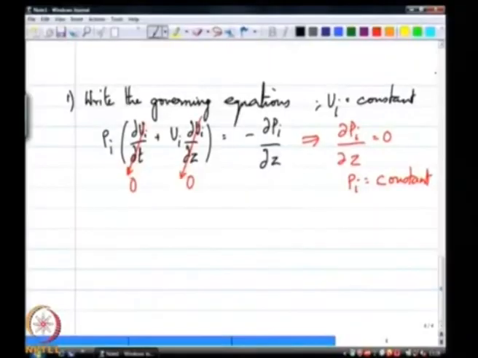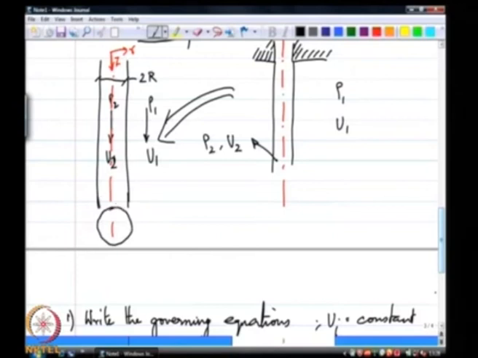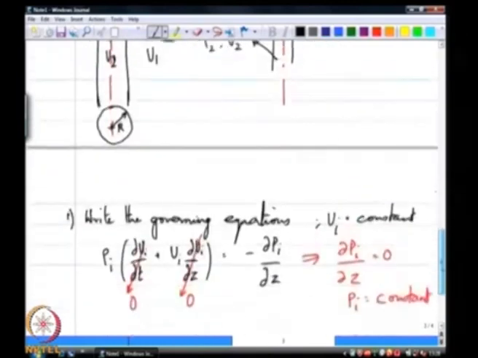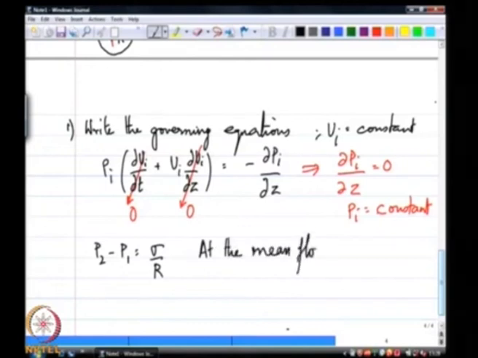We will see here that because you have this interface having a curvature. So, if this happens to be a round jet in cross section, and the radius of that round jet is this capital R, what we find is that P 2 minus P 1 is equal to sigma over capital R. So, at the mean flow condition,